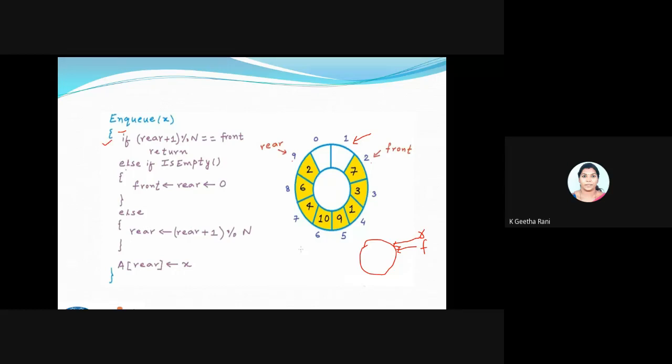And next one is if empty. Empty in the sense that I don't have anything. I'm going to just fill the first value, so make my rear and front the same index. You know this, and as usual, 1. And then if I want to NQ a value, I have to use the formula rear plus 1 modulus of n.